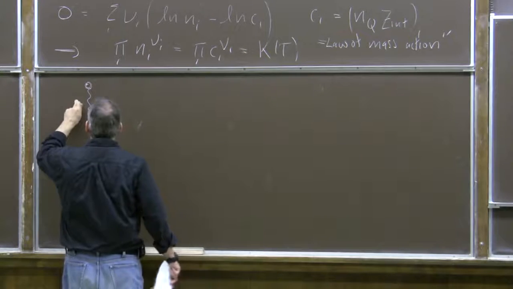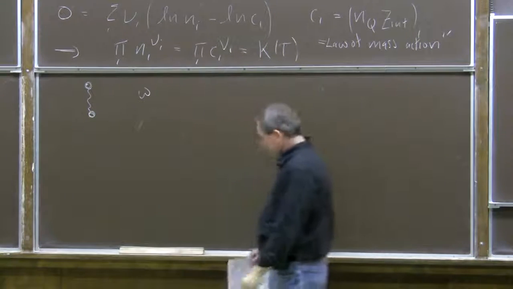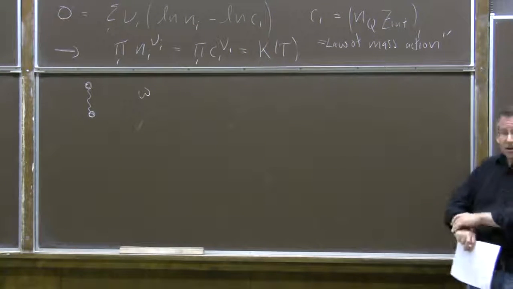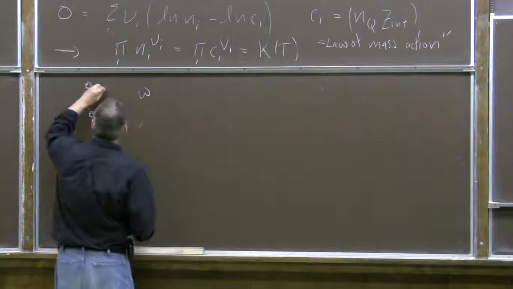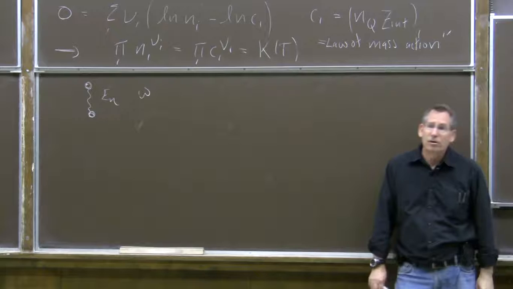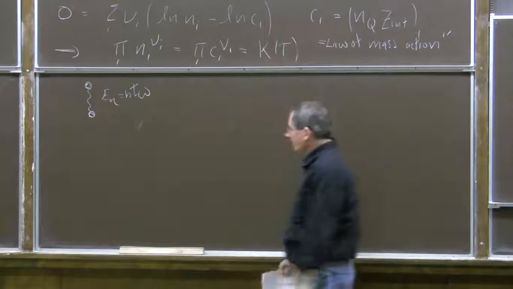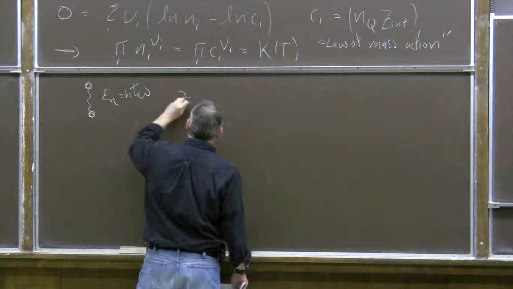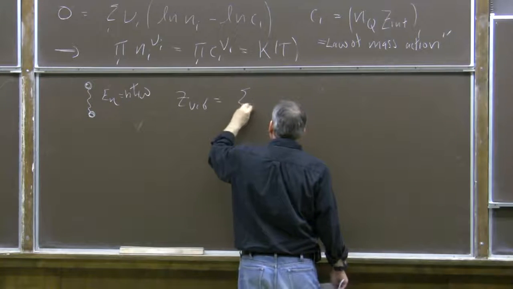The frequency of vibration, the circular frequency of vibration, is let's say omega, and so the vibrational energy states are just the energy states of a harmonic oscillator with that circular frequency. So there's a vibrational quantum number which can take any integer value from 0 to infinity, and the energy is n h bar omega. So at least for the diatomic molecule, the vibrational partition function is just the sum over all those vibrational levels from 0 to infinity